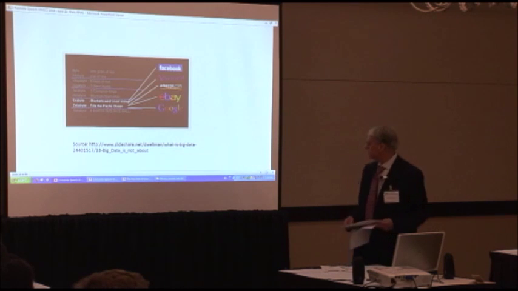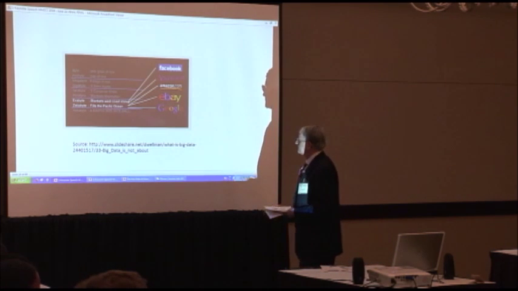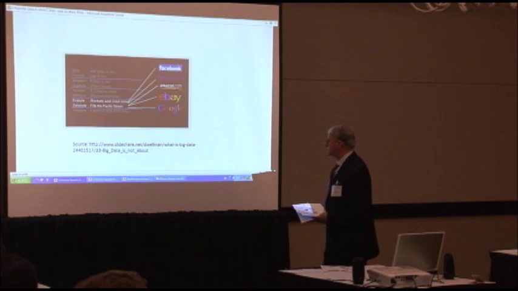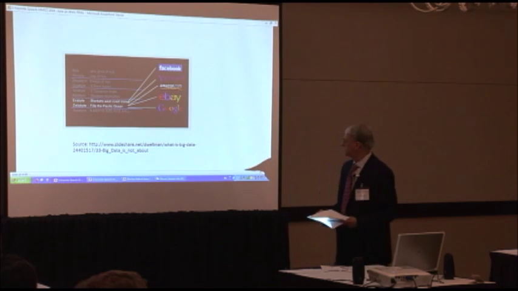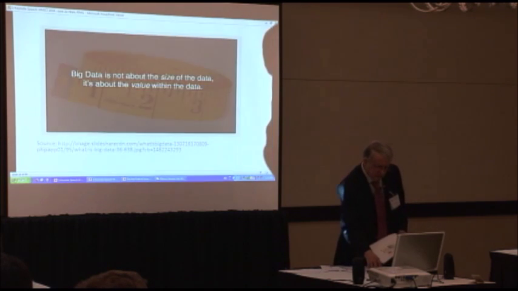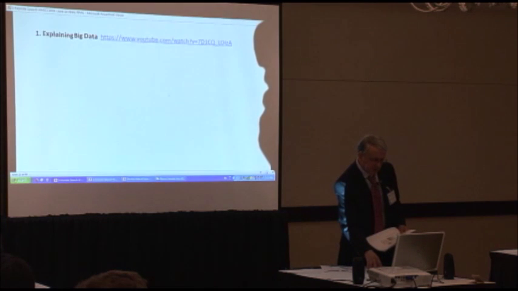And so here we have an example of an exabyte and a zettabyte. The big data from Facebook, Yahoo, Amazon.com, eBay, and Google. An exabyte blankets the West Coast states. A zettabyte fills the Pacific Ocean with amounts of data. And a yottabyte is an Earth-sized rice ball. So big data is not only about the size of the data, but also about the value within the data.